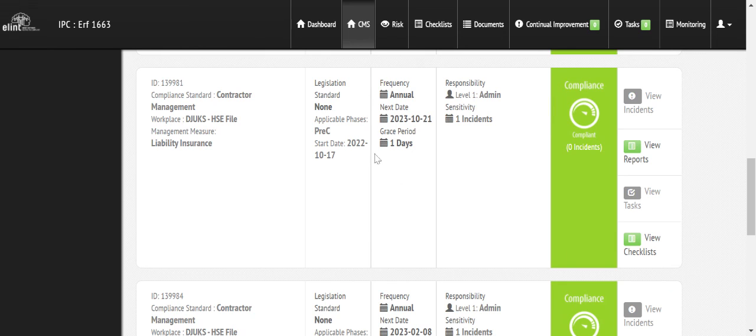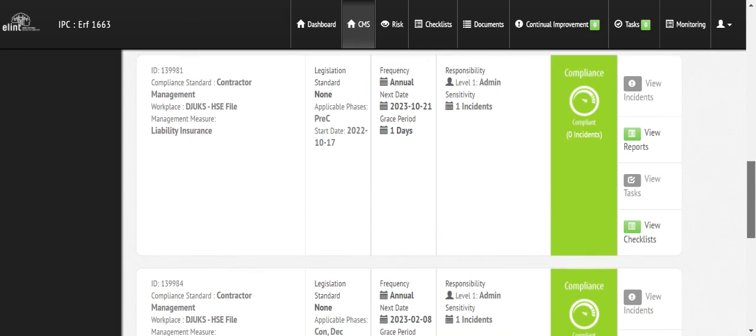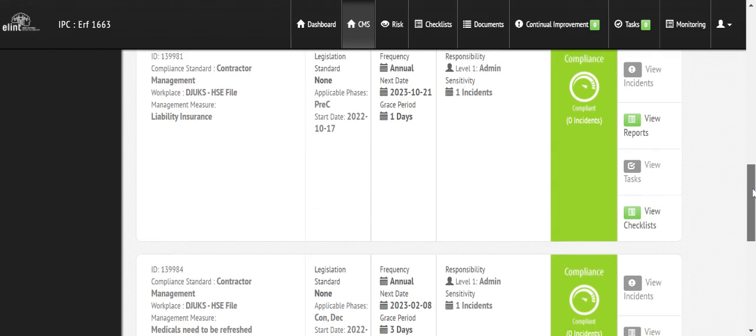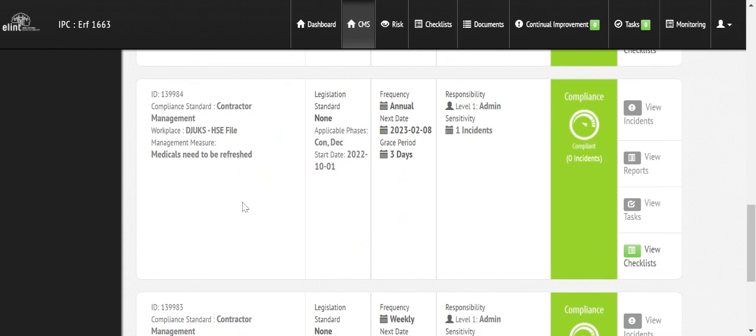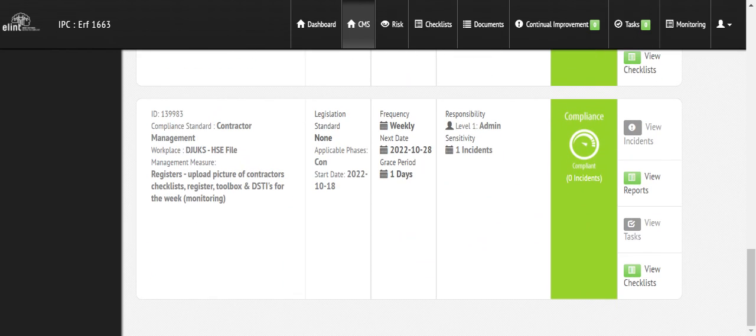Liability insurance. Their liability insurance expires next year. So again, we'll track it. They might not be on site, and then we'll just close it off. We don't have to worry about it. But if they might be on site for whatever reason, I do want a new insurance. Their medicals, it's February next year again. They might not be on site, but if they are on site, I want to make sure that they are medically fit. Then you can see it says here, weekly